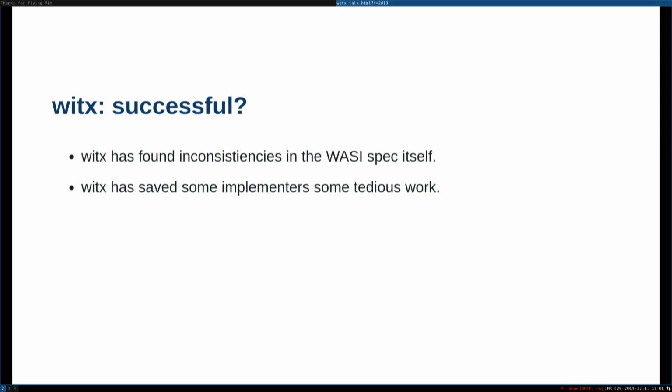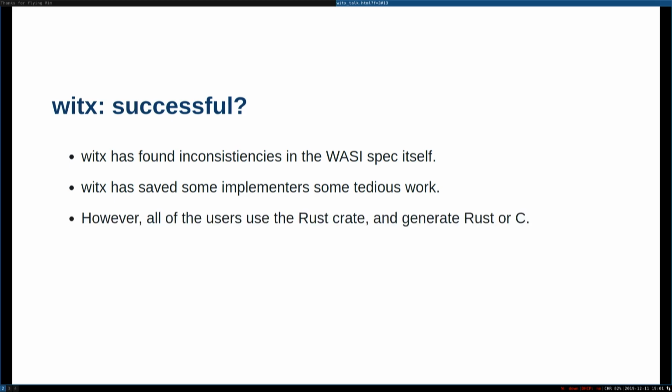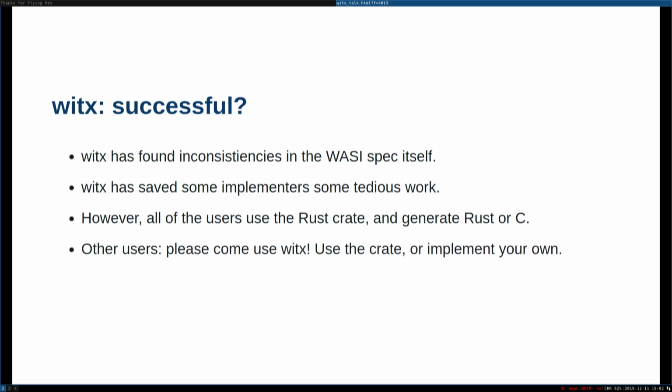I think the real story is that all those use cases I was just talking about, we're able to use code generation, and we're able to keep on upgrading the spec because now that's relatively little maintenance for us. The 2 things I'll say that haven't succeeded yet: all the users use this one WitX Rust crate. That's the only implementation. To be a real standard, you should probably have more than one implementation. So I would love for folks in other languages to create other implementations so that people who aren't in the Rust ecosystem benefit from this. So I'll say, please come use it. Implement your own if you want to. Please get in contact with me.